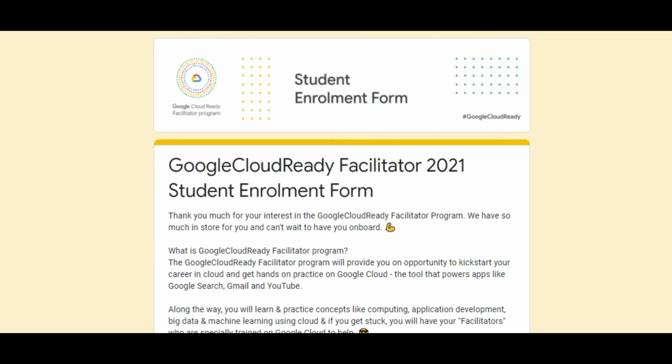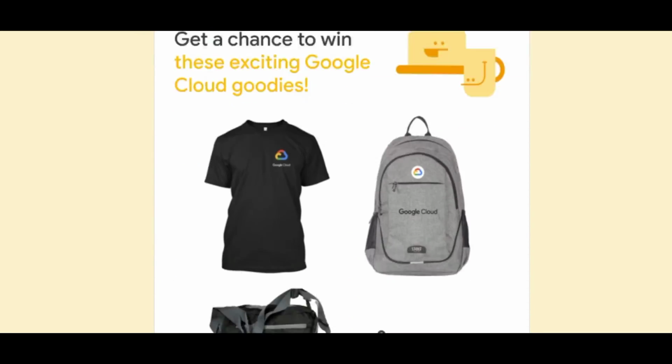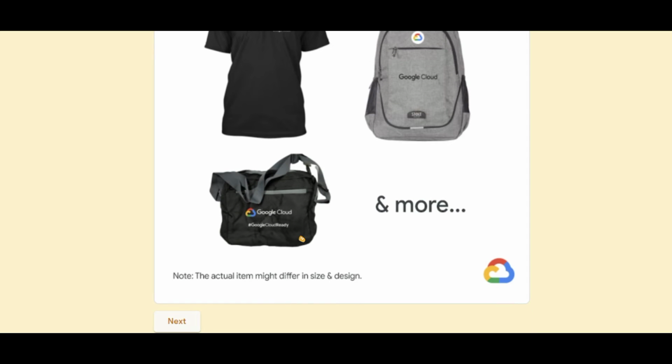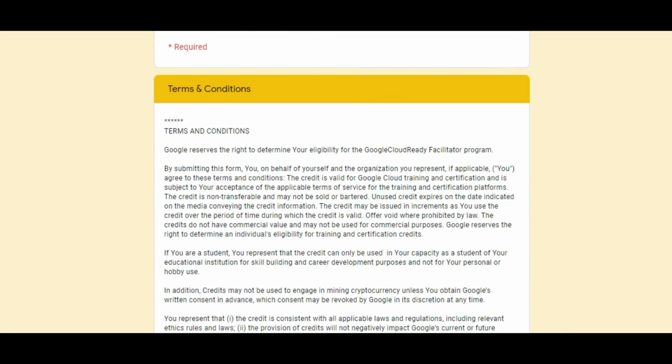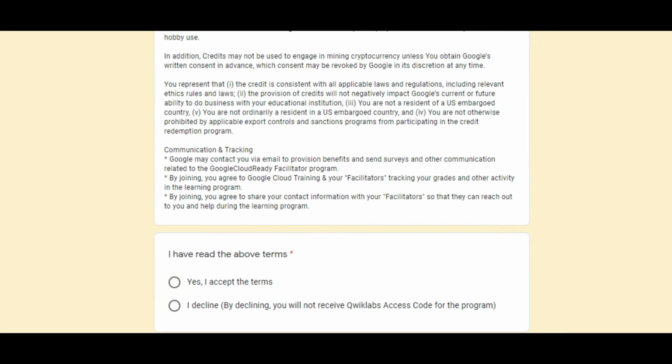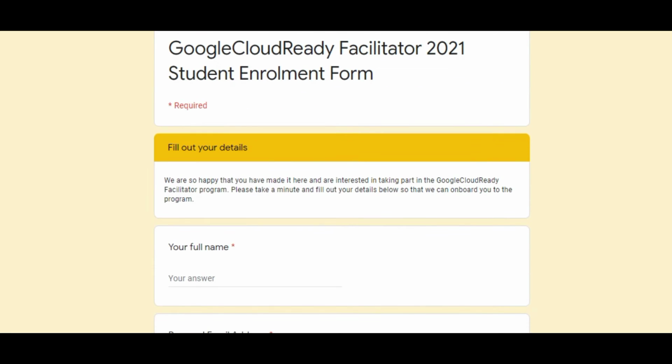You will get a form to fill. Just click next and accept the terms and conditions. Enter your full name.